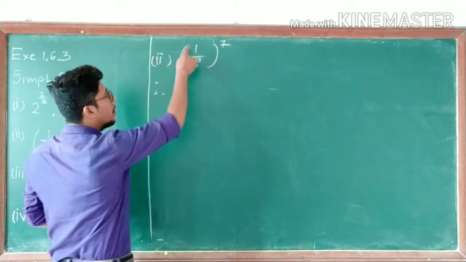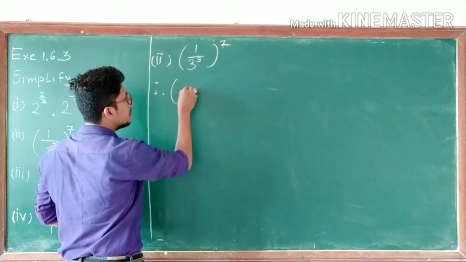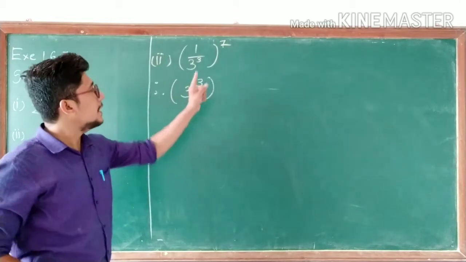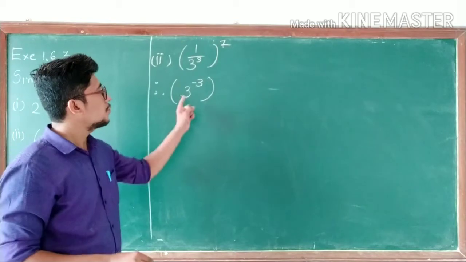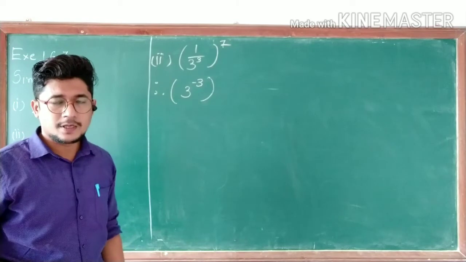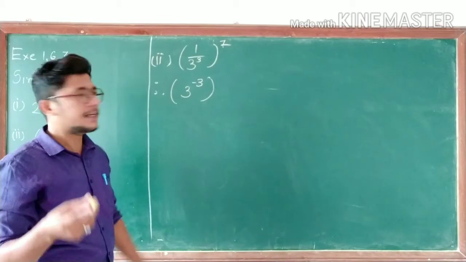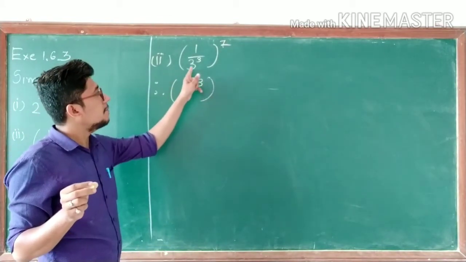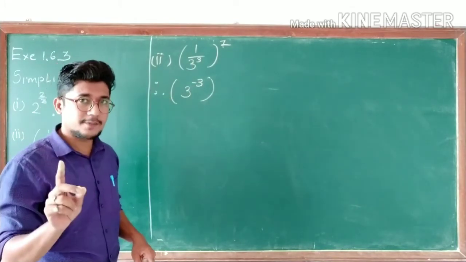कैसे? Here 1 upon 3 power 3 is there, so you can write it as 3 power minus 3. Why minus? क्योंकि it has been converted into inverse. एक के नीचे कुछ भी हो उसको आप इनवर्स में कन्वर्ट कर सकते हो by changing the sign. Then some of you may ask, sir, यहाँ पे 3 power positive 3 है तो ऊपर जाते वक्त वो नेगेटिव हो गया. But what if we are getting 3 power minus 3, तो वो ऊपर जाके प्लस हो जाएगा. Are you getting my point?